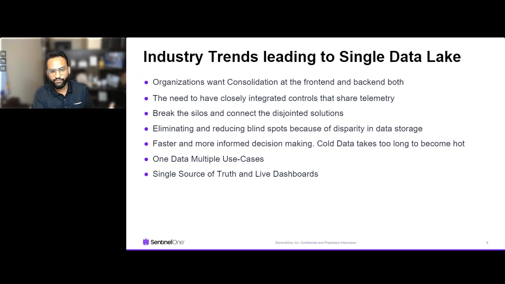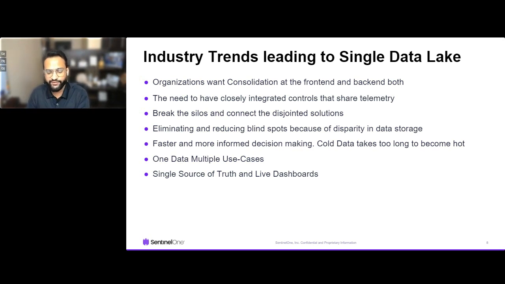Then what's the point of keeping the data when you are not able to derive intelligence out of it when need be? That's the reason you need one single data lake, one single source of truth, and a live dashboard which tells you the moment an anomaly occurs and surfaces it on the dashboard so that a suitable action can be taken. And these were some of the pain points and some of the industry-level use cases